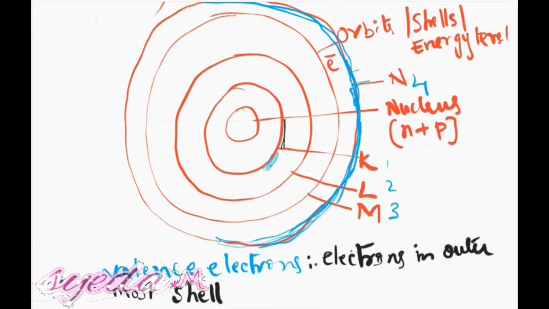The first energy level, n equals 1, is the lowest. Next is the next higher level, second. This is the next higher, this is the last higher level. And the electrons which are present in the last level are the most free electrons. They are quite far away from the nucleus and they are the ones who take part in chemical reactions.